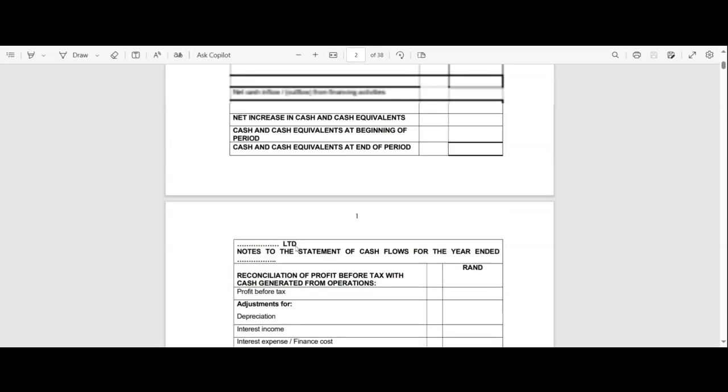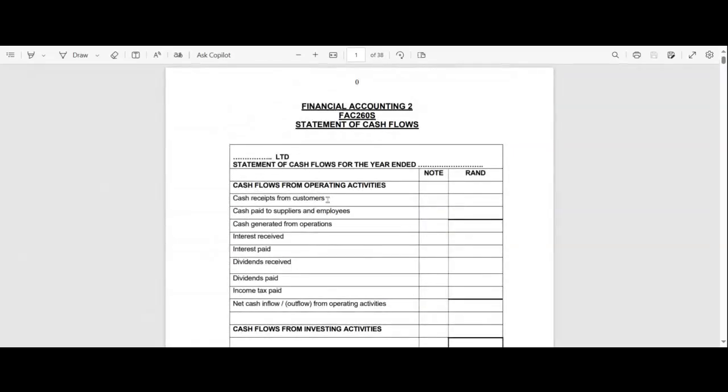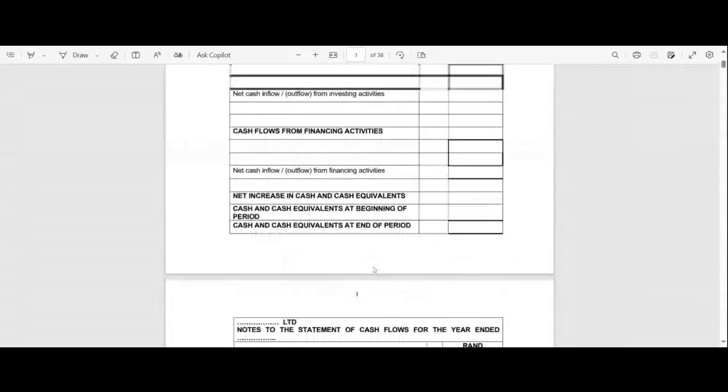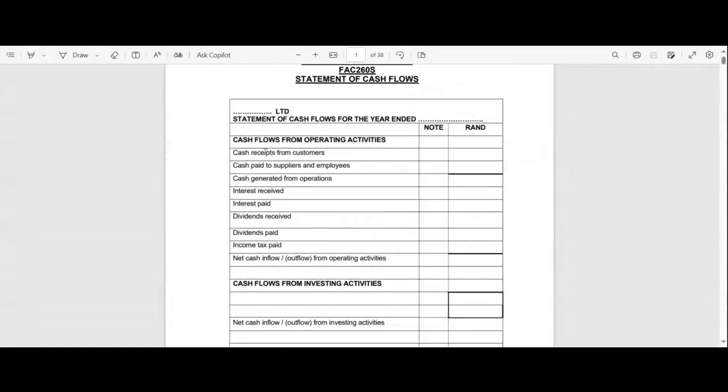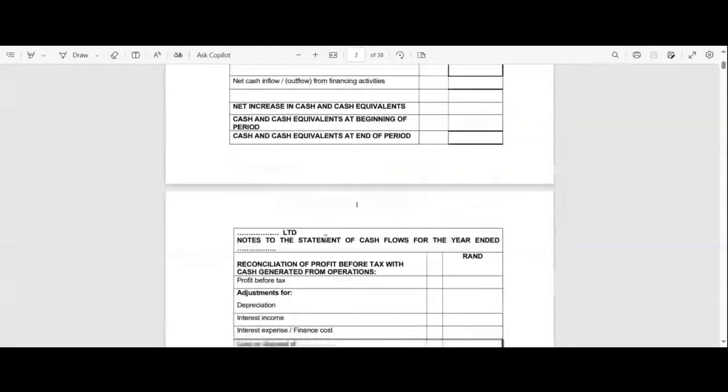But normally, to keep this note concise, we will combine them like you should actually do in your statement of financial position as well. So an increase or a decrease in inventory, an increase or a decrease in our accounts receivable. Remember, our accounts receivable deals with what? It deals with our customers. Inventories deals with what? It deals with our dealings with our customers as well as our suppliers, right? So we see the link there.